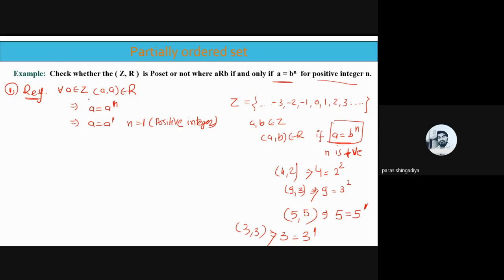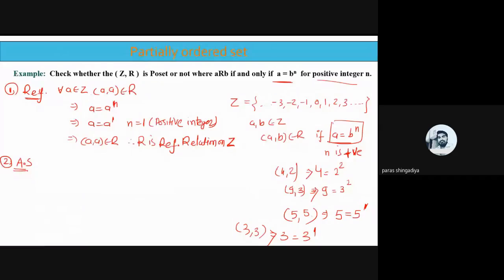integer, and that is valid for all such A belongs to Z. So therefore we can say that A comma A belongs to R, okay? And therefore R is a reflexive relation on Z. So first condition is proved. Now let us prove the second one, that is the anti-symmetric,